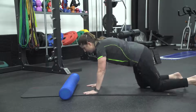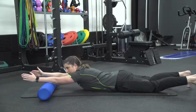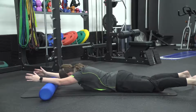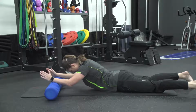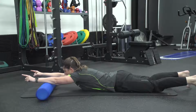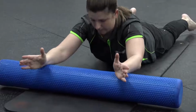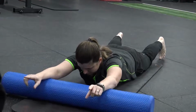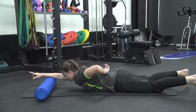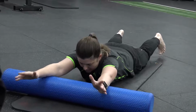The first one is a cobra. So you're starting out here, trying to go up as far as you can, and then curl up. Like that. You're adding in your neck with this one as well. Rolling out. Stretch as far forward as possible with your shoulder blades. Then squeeze your shoulder blades together. Curling up and getting a neck extension as well. Okay. With this one, I want you to make your focus on allowing some movement in your thoracic spine, so in the middle of your back,